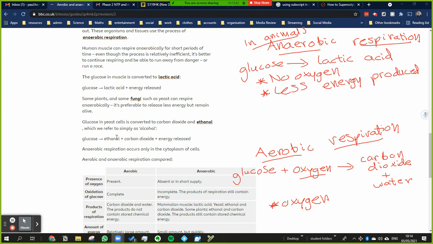In reality, there is more than one type of alcohol. There are lots of different alcohols, but the one that we think of as alcohol, like in alcoholic drinks, is ethanol. So basically, another type of anaerobic respiration is when glucose turns into ethanol and again produces carbon dioxide and again